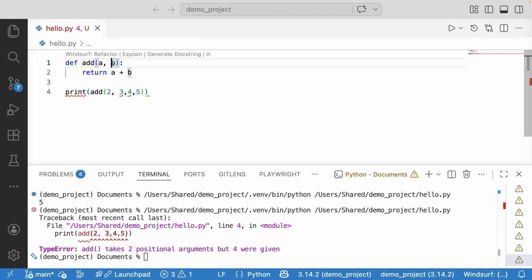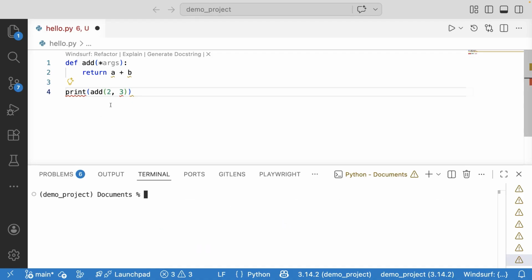So we use something called asterisk args. This star or asterisk args means accept any number of positional arguments. So let's see how it runs. When I change the input parameter to be more than 2, or 5, or any number of parameters, it's still